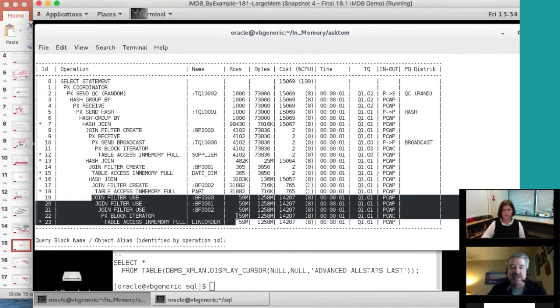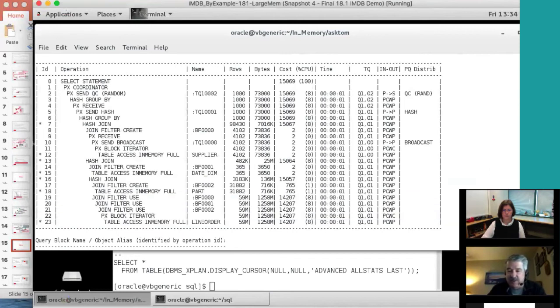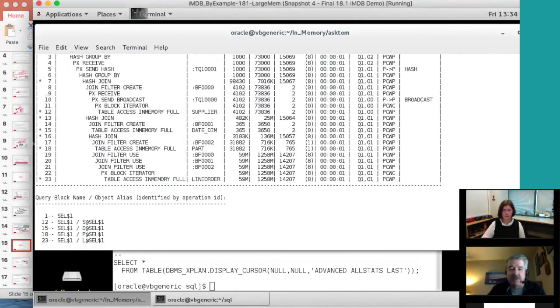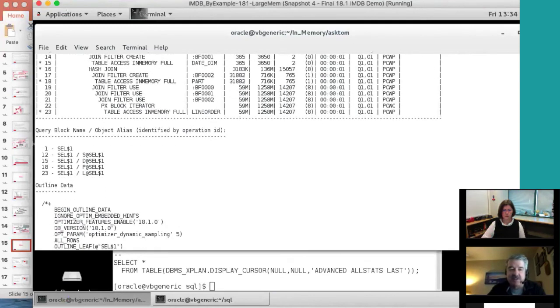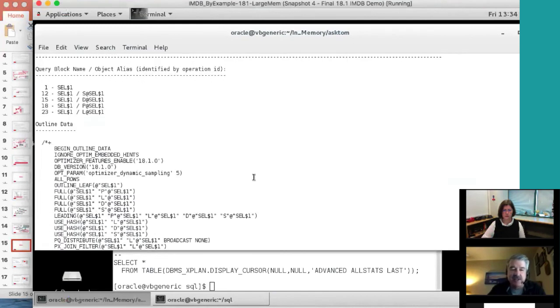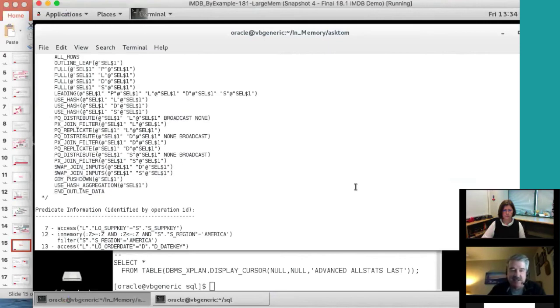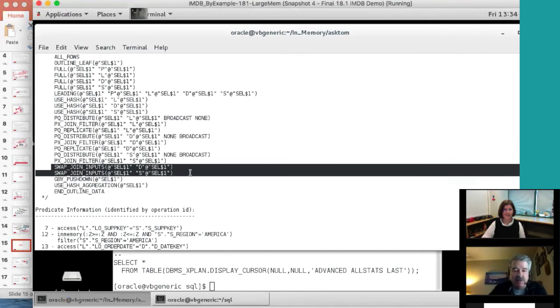Now, one of the advantages is there are multiple options in DBMSX Plan, which is what I'm using to display the execution plan here. Normally, we would use SQL Monitor reports, but SQL Monitor doesn't give us the ability to look at some of this other information. What I wanted to show in the outline data, if I can get my mouse to let me go back down to where we were, is that you can actually see the swap join inputs. So you can see what the optimizer is doing, and it's considering all these different